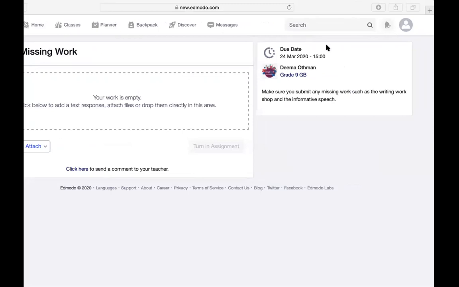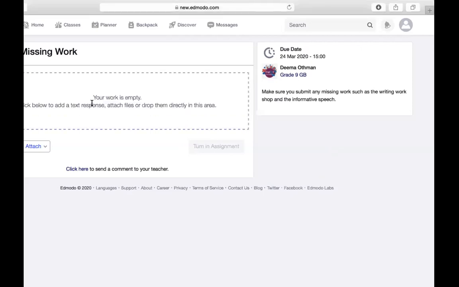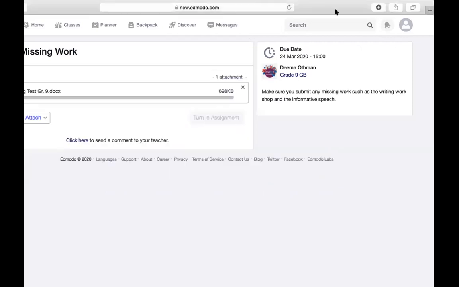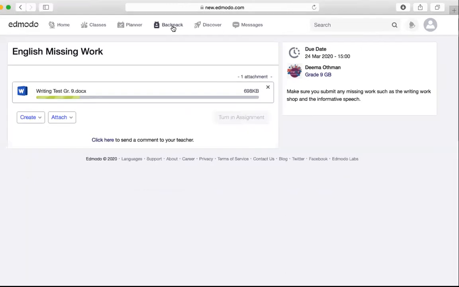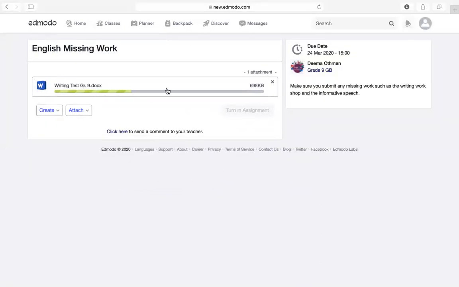If I want to upload this file, this is my assignment and I want to upload it, I can simply select it, drag it from my desktop, and then drag it here into this area. I need to wait for a few seconds. Once it's uploaded,